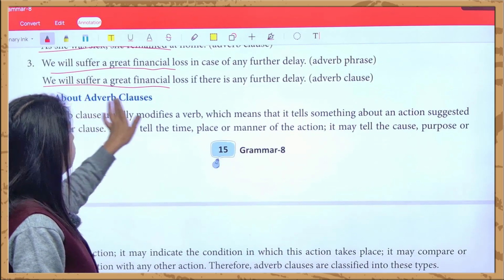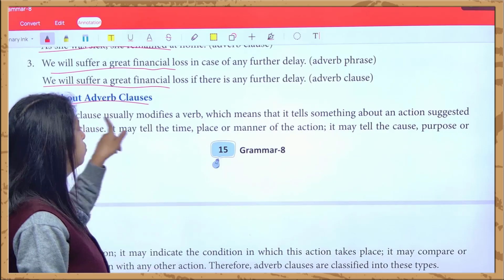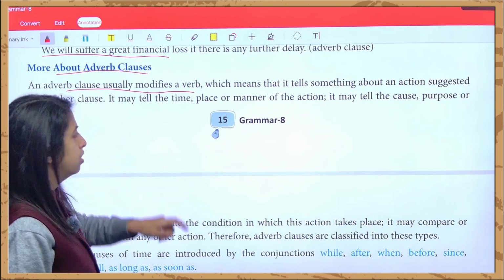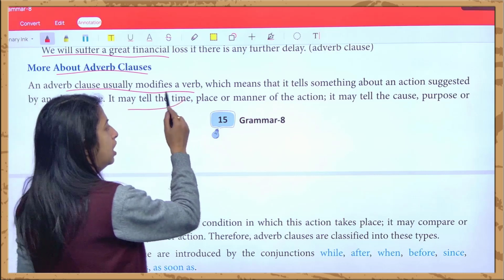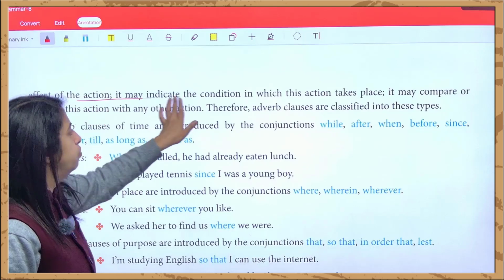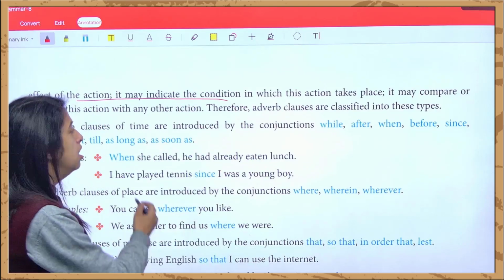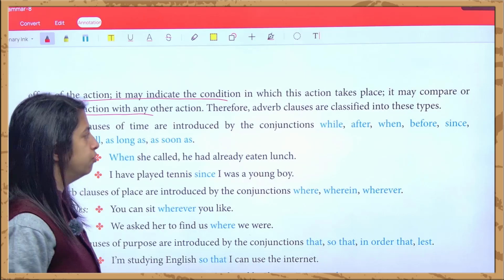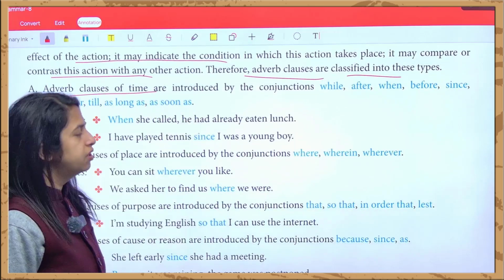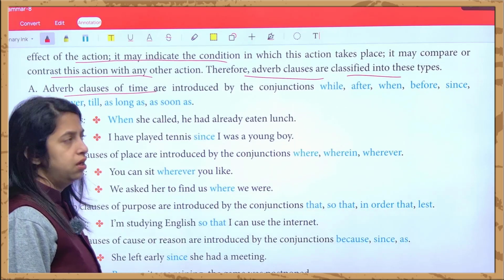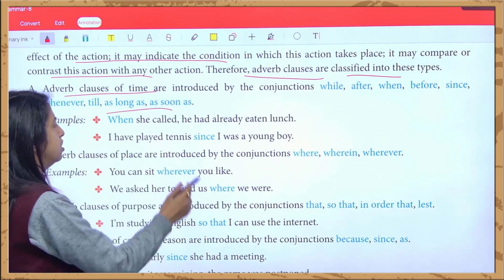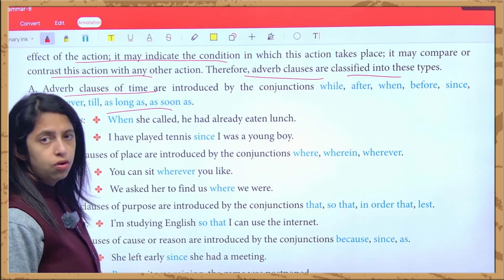Next is more about adverb clauses. के बारे में बात करें तो basically modifiers होते हैं, something about an action which is suggested by another clause, right? So it may tell the time, the place, the manner, and it will definitely tell the cause and purpose, or you can say the action. It indicates कैसे हो रही है. We compare or contrast this condition. Therefore, जो adverb clauses हैं, they are classified into, first is adverb clause of time, कि चीजें कब हो रही हैं. While, after, when, before, since, for, as long as, as soon as,